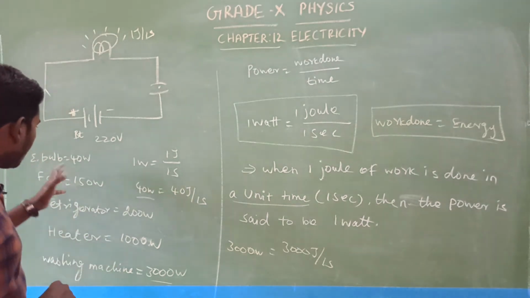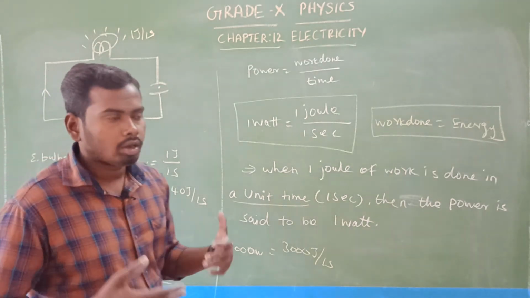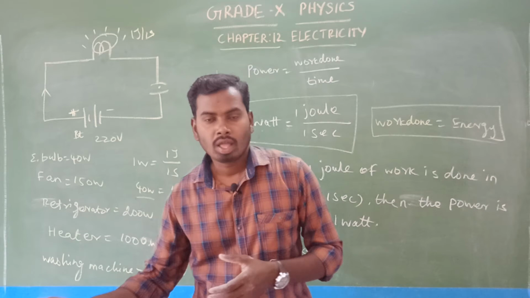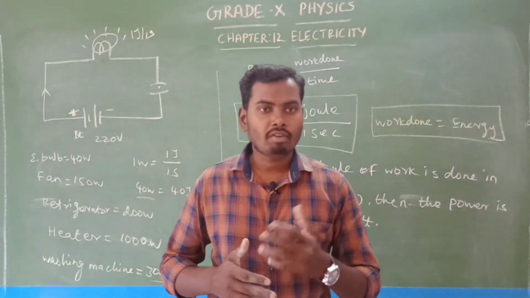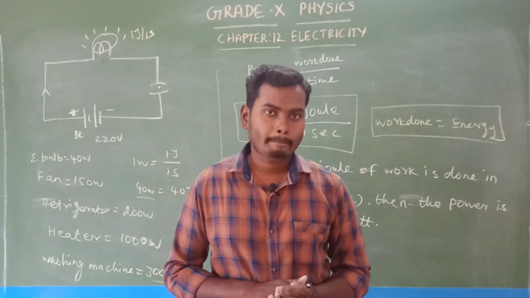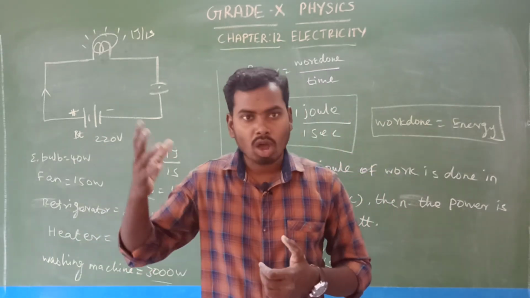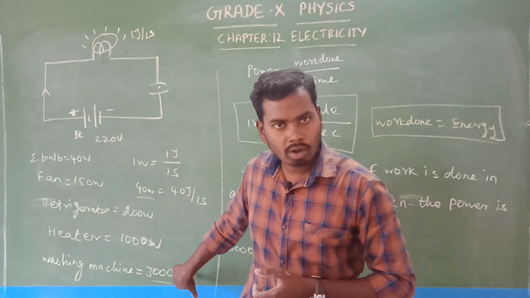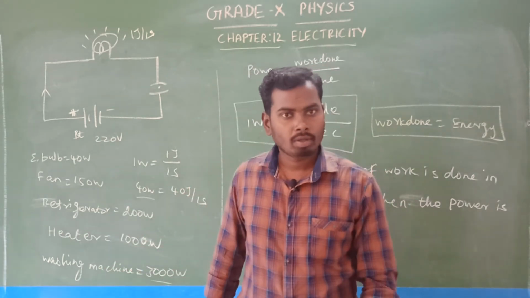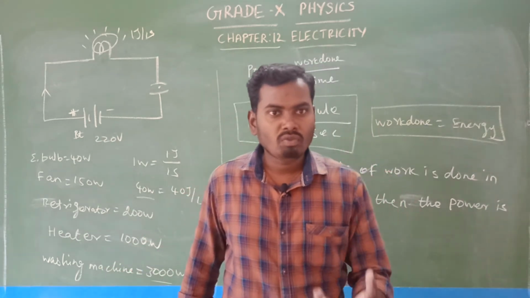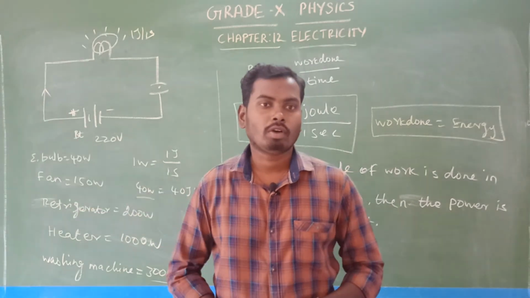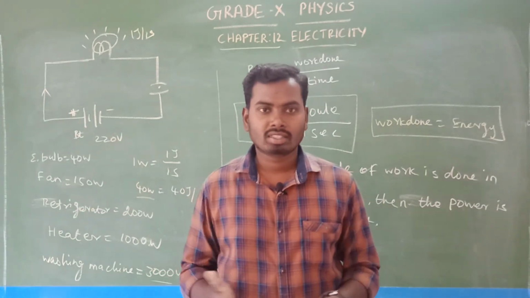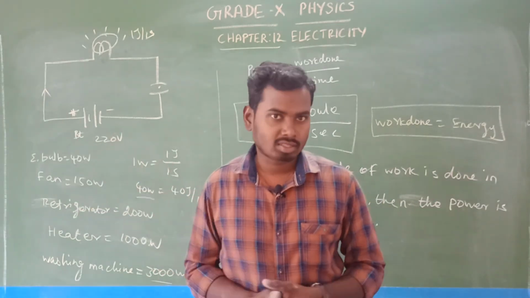So already we know we have different electrical appliances at home. These are all different electrical appliances having different amounts of power rating. For example, the washing machine requires more power, the tube light requires less power, the charger requires less power, whereas the refrigerator requires more power. That depends on the electrical appliances. We cannot do anything.